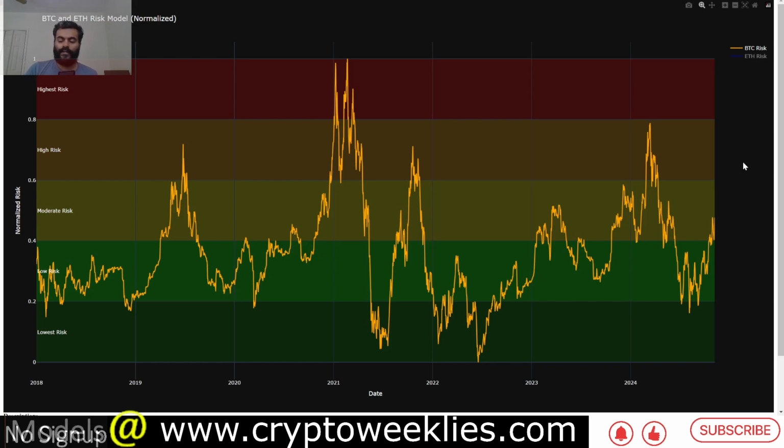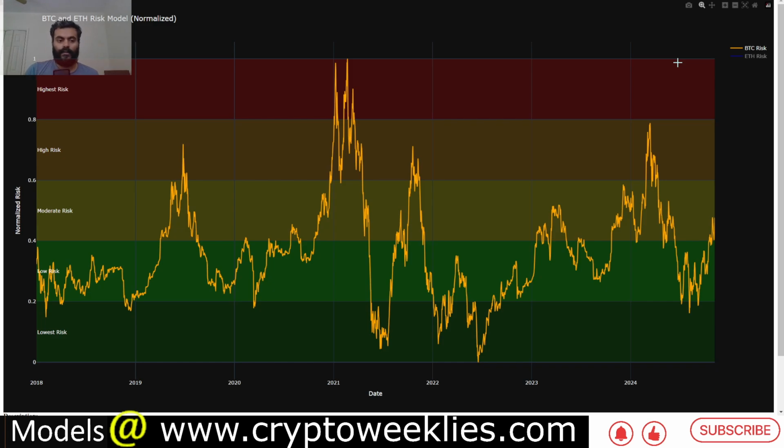The chart that you are seeing on the screen is the normalized risk model for Bitcoin, and this is based on the relationship between Bitcoin's price action and the 20-week moving average. Based on that relationship, if the price of BTC is too far gone from the 20-week moving average, or too undervalued from it, the risk levels are normalized between 0 and 1 and also covered in these bands, where the low risk territory is color coded in green and the high risk territories are color coded in shades of red and orange.